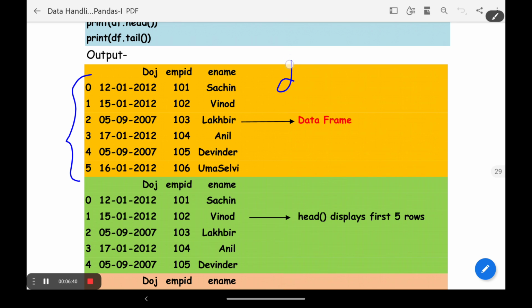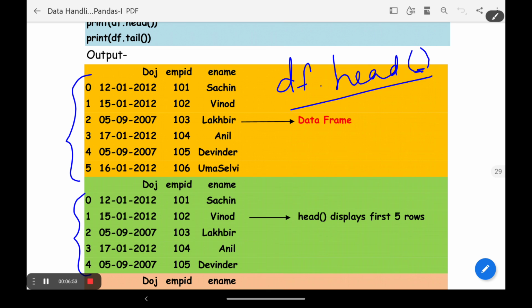So if we are printing only df.head(), without mentioning a value, the first 5 rows will be printed. You can see that the first 5 rows are taken because of the statement. What are the first 5 rows? 1, 2, 3, 4 and 5. The last one is not taken.